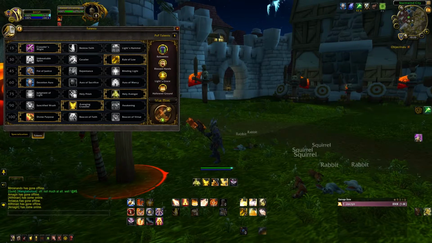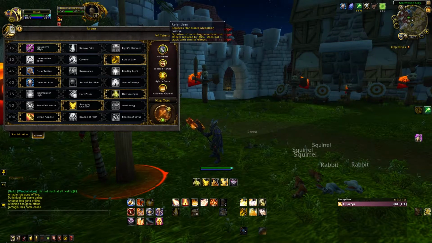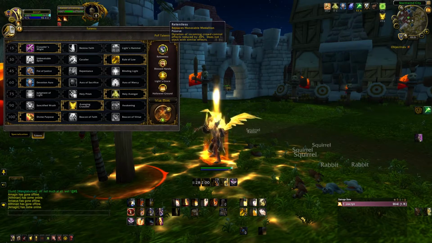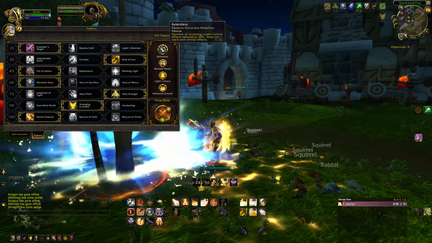As far as recommended PvP talents, I almost always love Glad Medallion. The only reason you see Relentless here is this pal is a human, so trying to be smart, or as smart as possible, we're trying to just really benefit on the every man for himself racial, and Relentless is a good way to